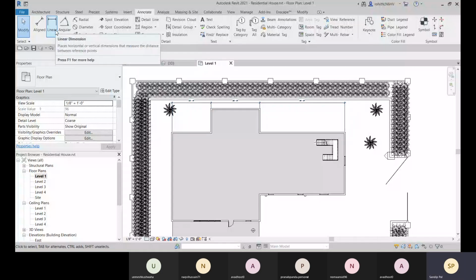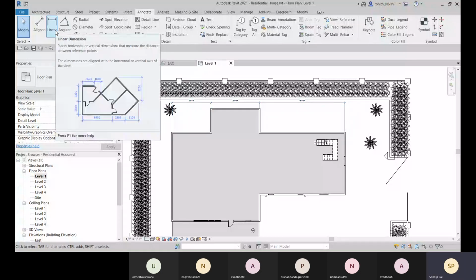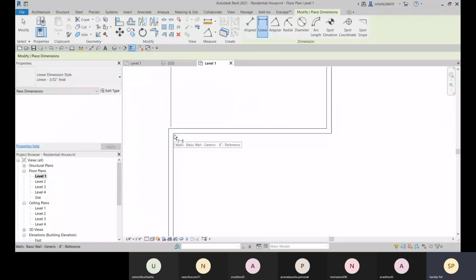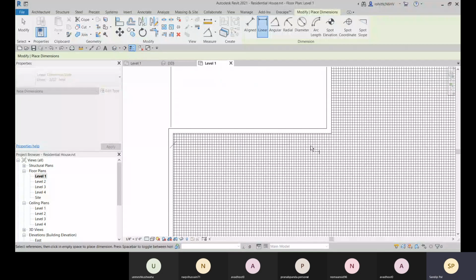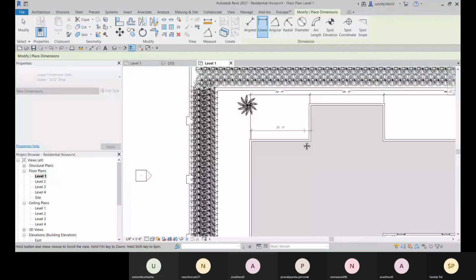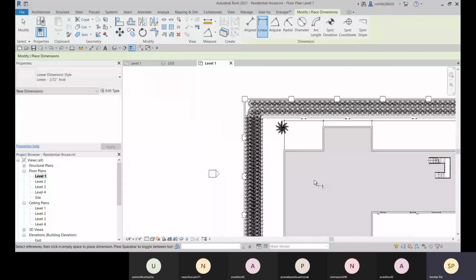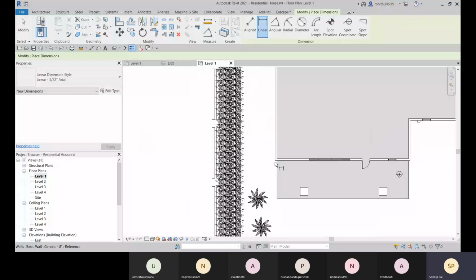And we have this Linear also. A linear dimension you can place only in the horizontal and vertical direction. This one will be placed from point to point, like from this point to this point. You can place it this way, and it will go only in horizontal or vertical direction.